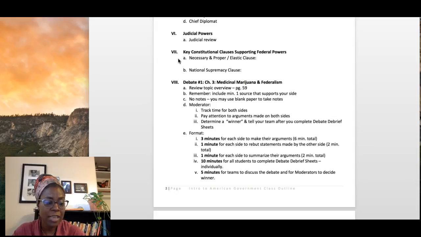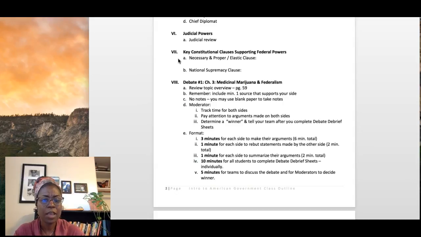Article 1, Section 8 talks about the fact that Congress has the power to make any laws that are deemed necessary and proper, as I mentioned before. This has been used many, many times over history to justify congressional action, because they will refer to Article 1, Section 8 and basically argue that because of the necessary and proper clause,